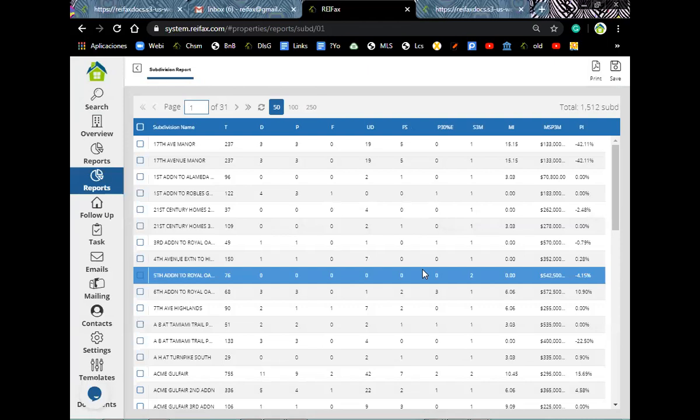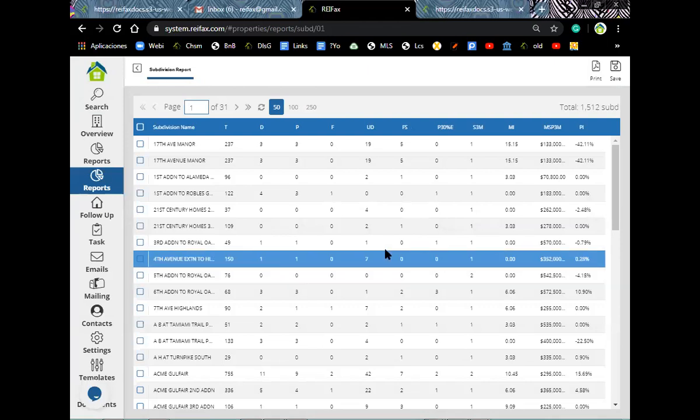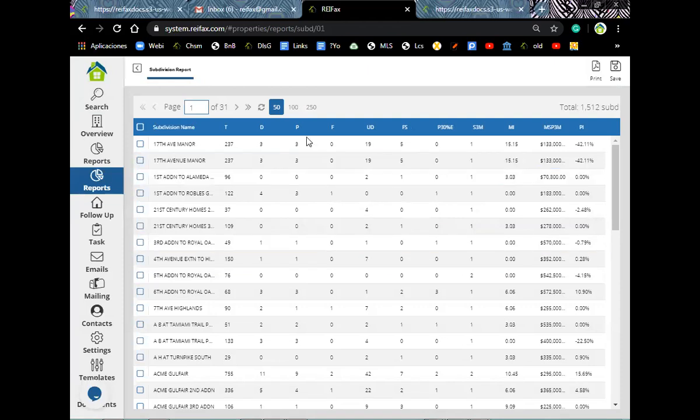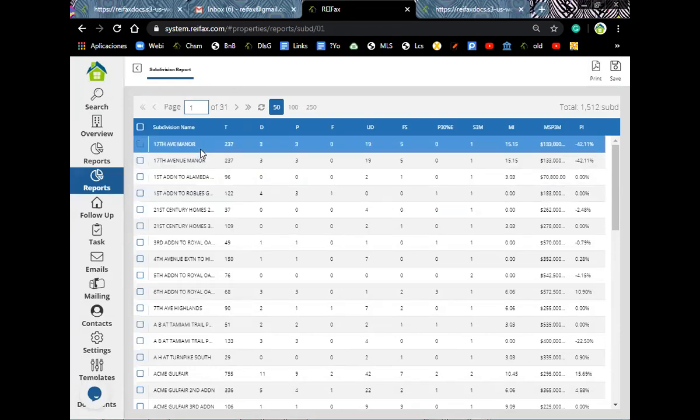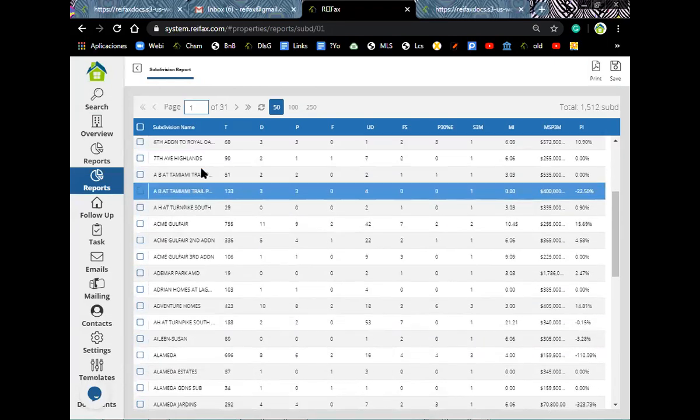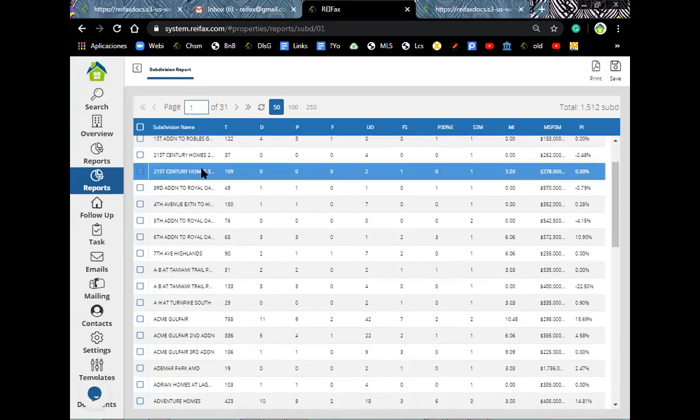The subdivision report is not actually property based. It's not something that is taking the subject property that you're looking at and analyzing it against anything. This is analyzing the area that you're looking at and the subdivisions in the area. It is in that specific zip code. It will show you all the subdivisions